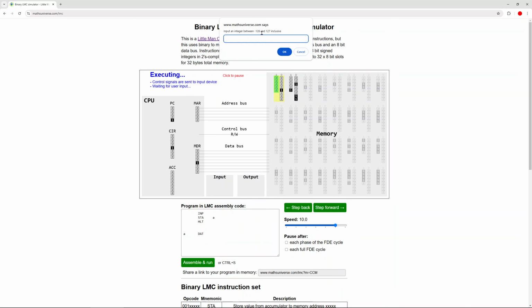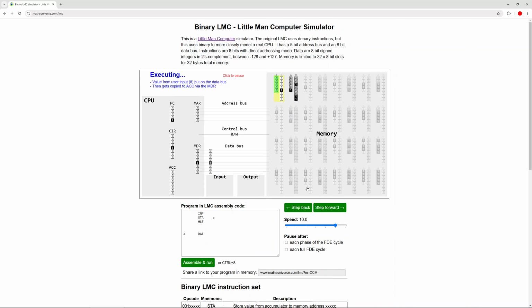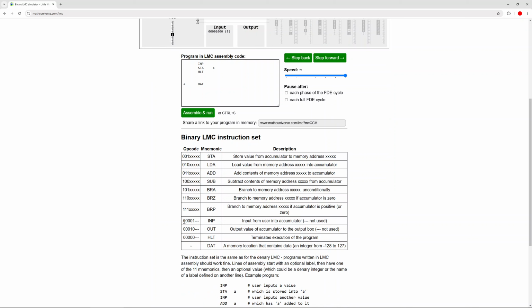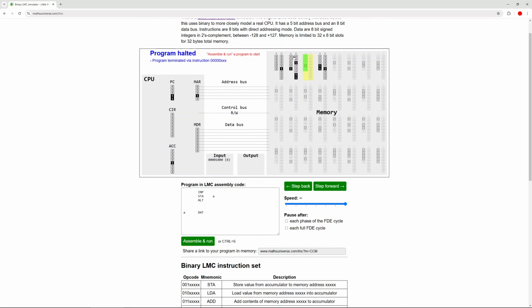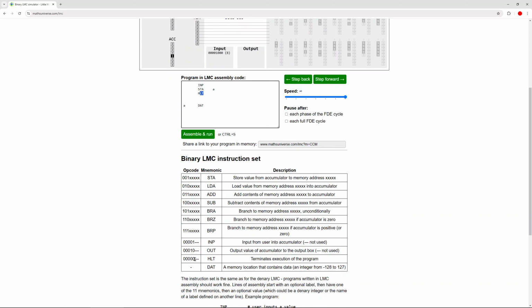I'm going to speed it up to full. And good. Okay, so we've got our input instruction here at the front, so 00001. We can see here that that is an input instruction. We've then got our store instruction, which is stored in memory here. The halt instruction is just a load of zeros, and when the computer sees those zeros, it's going to halt